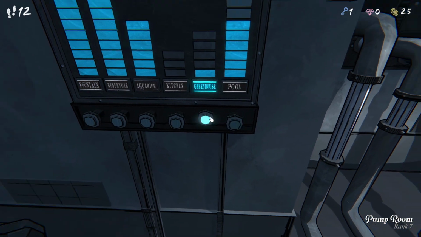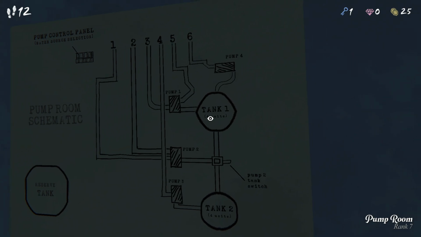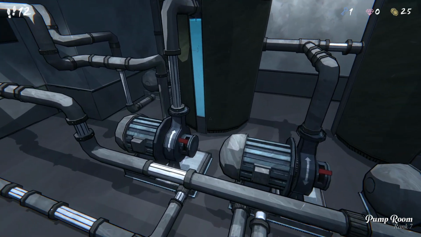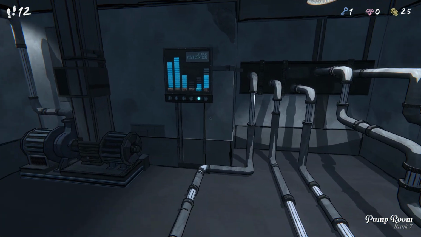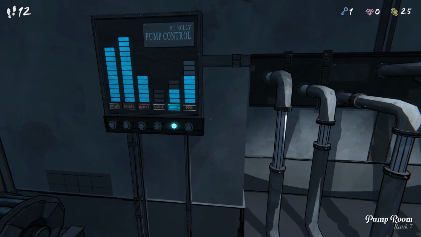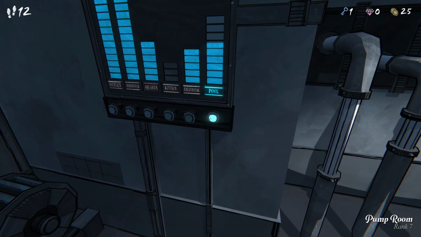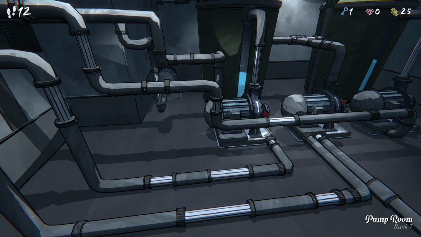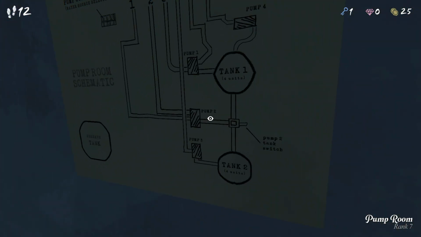I can pump it then into tank 5? Because tank 1 is connected to 5 and 6. And 3? Okay, I guess I have it figured out, kind of. So I'm really draining the pool water. But how do I get it to go...